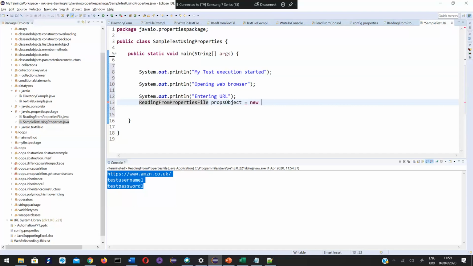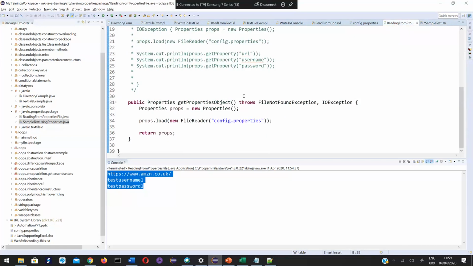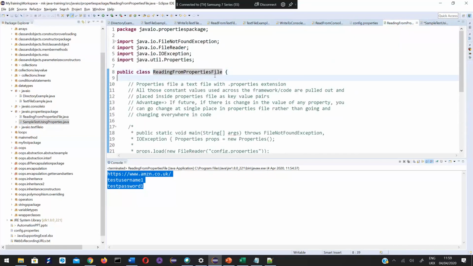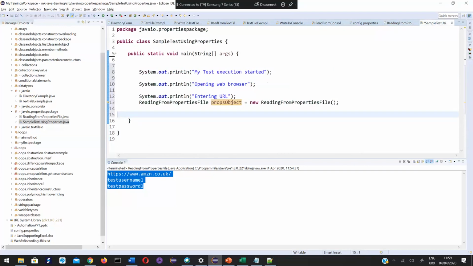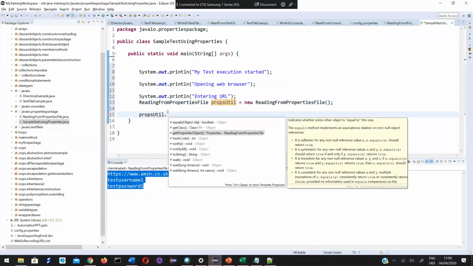New utility, some name I'm giving. Now I call this dot get properties object.